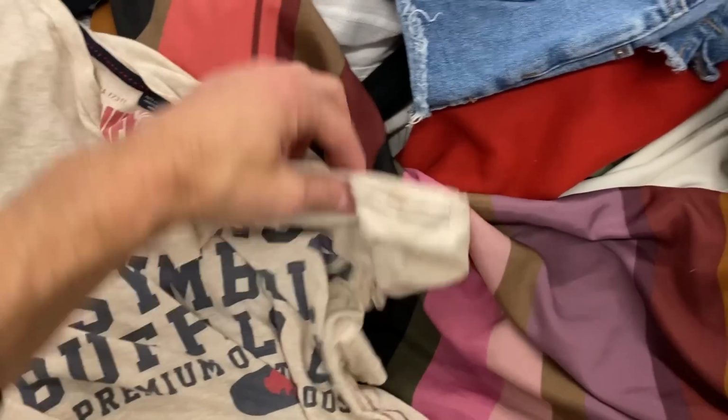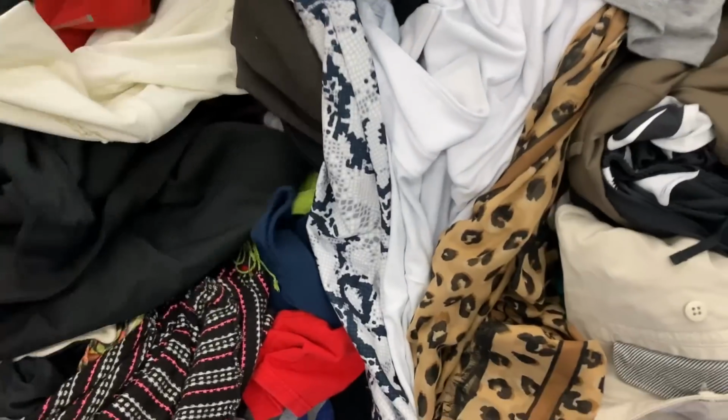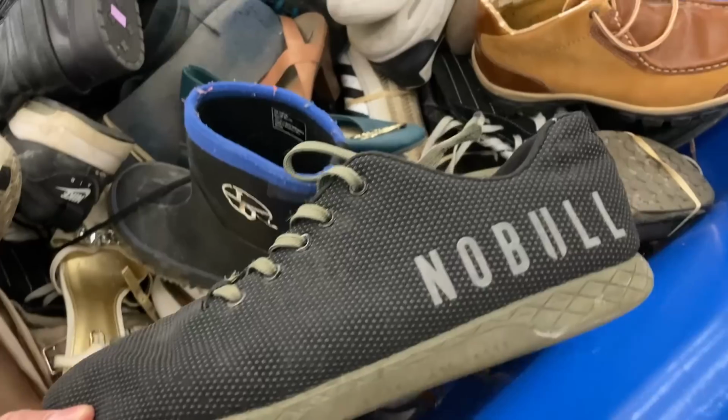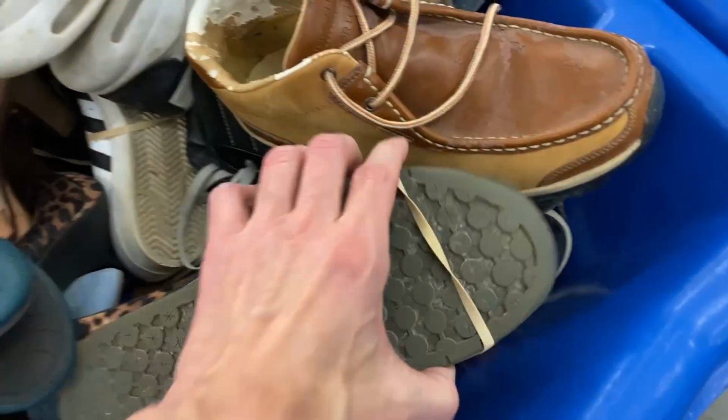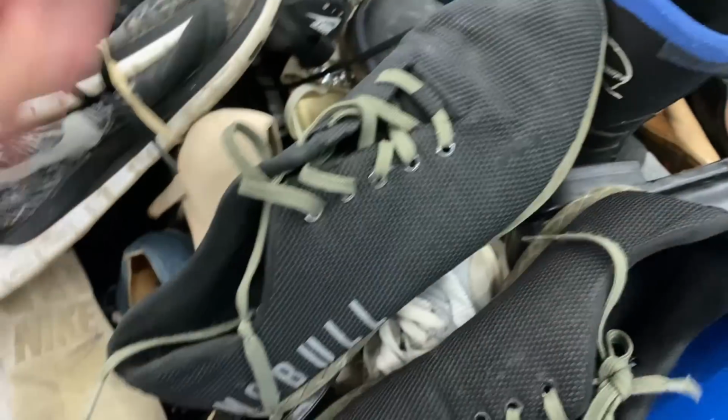I can't remember what size that was. I think it was a men's large, so, you know, a nice wheelhouse size there, but a unique color and an excellent brand. I got a lot of things working for me, and it's not a $1 million item, but I will take it. So we're gonna move over to shoes, and January is go time for people that are working